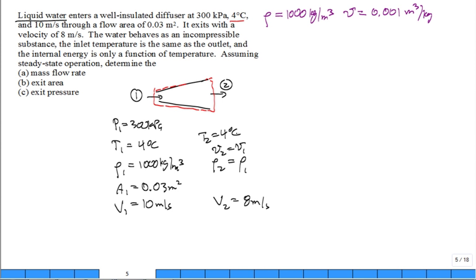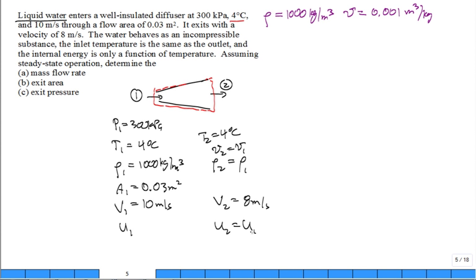So it didn't change temperature. It didn't change density. It's liquid water going through a pipe that gradually increases in cross-sectional area. We call it a diffuser. The internal energy is only a function of temperature. So if I said, I don't know what U1 is, but I know what U2 is. It's the same as U1. Internal energy didn't change. True? True. Assuming steady state operation, calculate these 3 things: